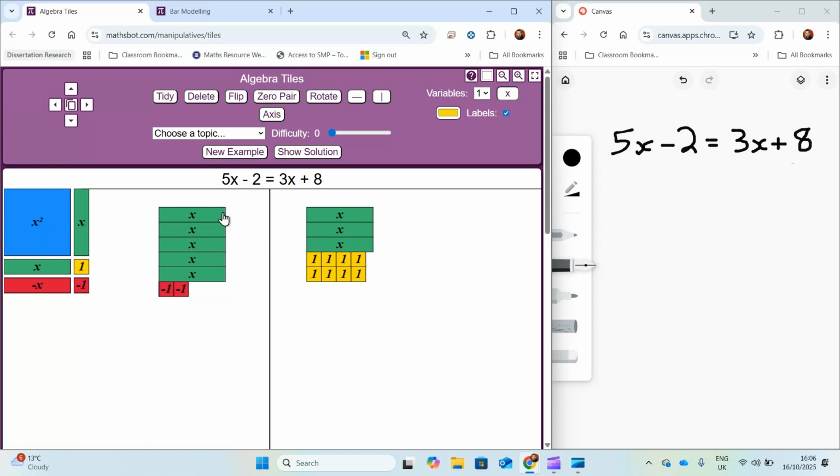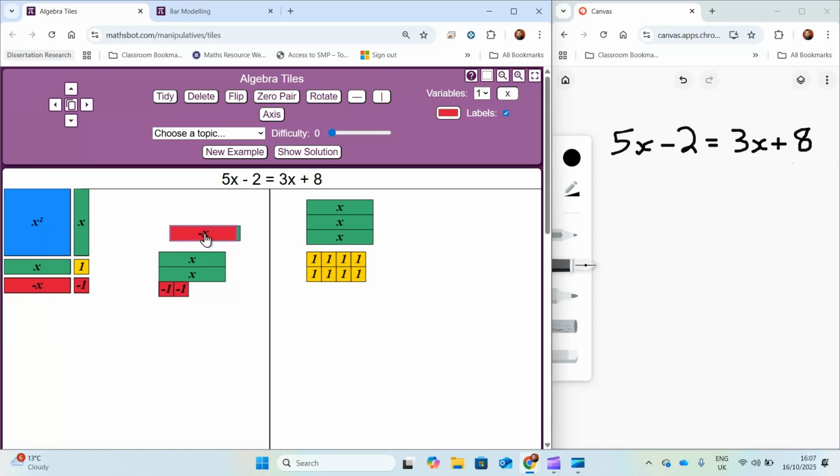So what we'll notice first is that there's some x's on this side and there's some x's on this side, and those sets of x's, these three x's and the three x's over here, must be equal to each other. And so I can remove both of those sets of three x's without changing the equality, i.e., if these three x's are equal to these three x's, then what is left on each side must also be equal to each other. And so I'm simply going to remove those three x's,